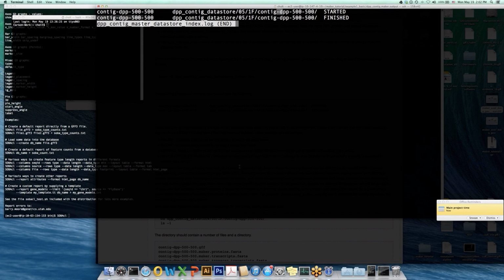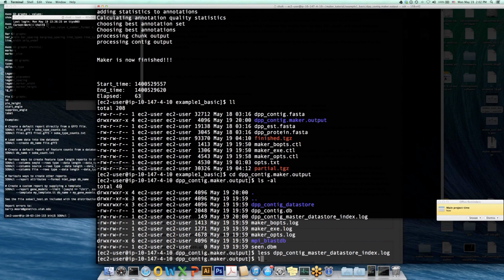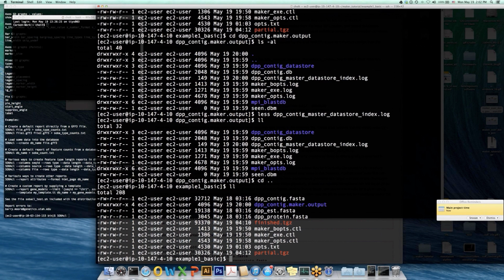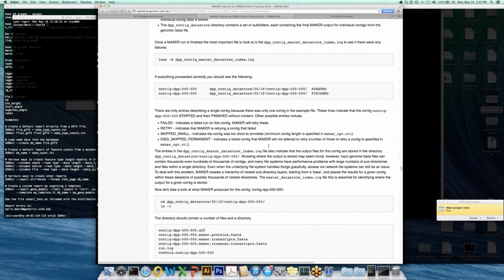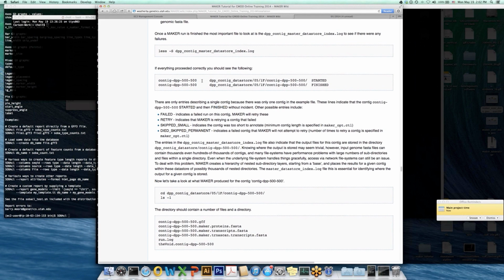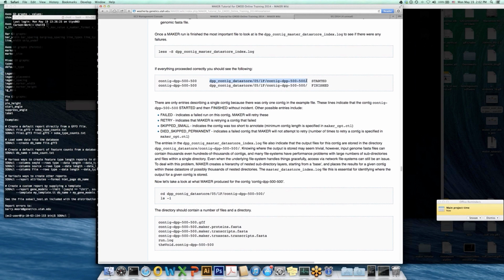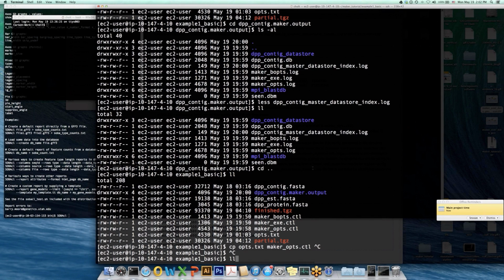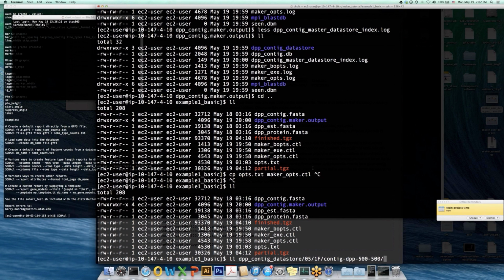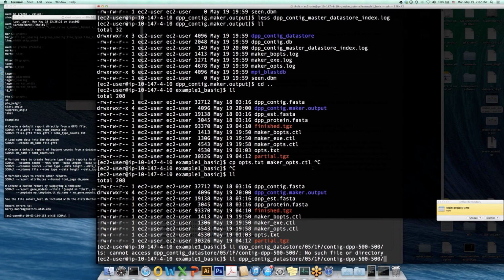If you're having problems with Maker not running because of failures, copy this file to maker.ops, just to make sure you have everything correctly. Ops to maker ops.ctl. You might just have a text error in your input, and that will put the options the way they're supposed to be before running Maker. Now, the most important thing about this file is the location of where the data for each config is stored. Maker actually stores every config or chromosome separately. So if we look inside that directory that was given to us in that file,